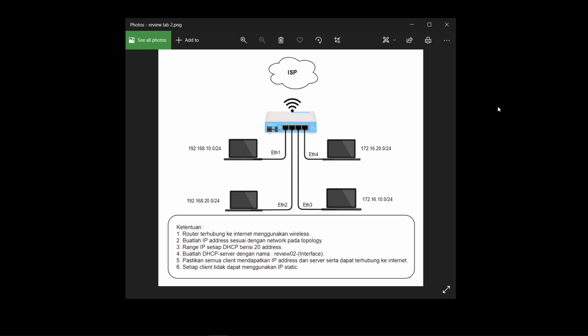In this video, I want to present about review lab 2. This is the topology with router connect to USB, and in Ether 1, the IP network is 192.168.10.0/24, and in Ether 2, with IP network is 192.168.20.0/24, and in Ether 3 with IP network 172.16.10.0/24, and interface Ether 4 with IP network is 172.16.20.0/24.